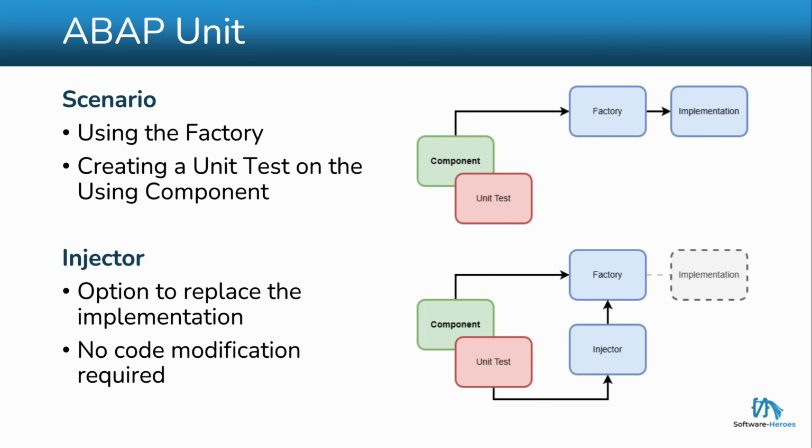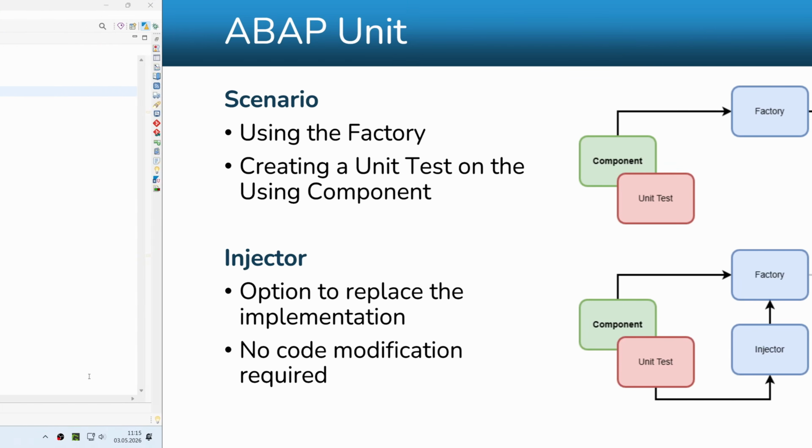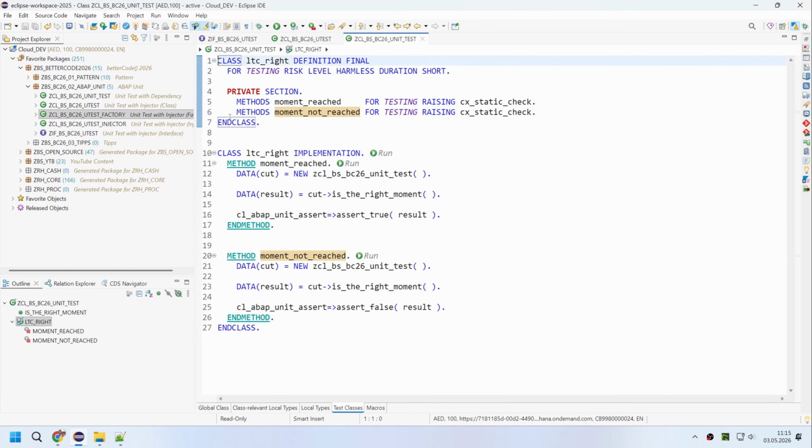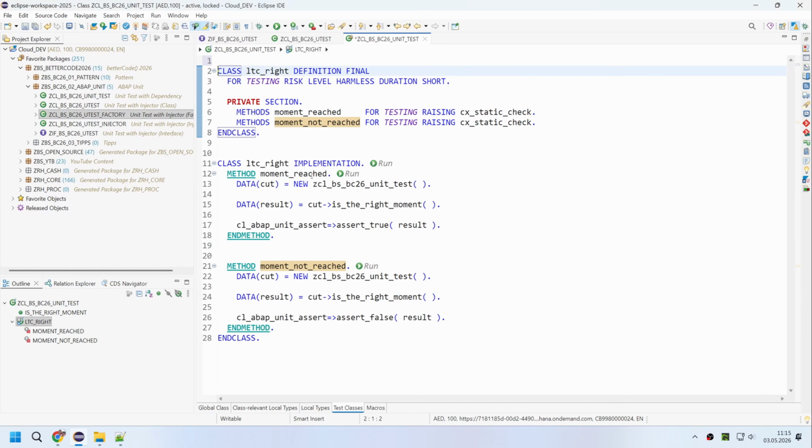The goal is not to receive the actual production implementation back at the end, but rather a test double defined by us. Conversely, this means we don't have to make any messy modifications or branches in the production code to enable the test scenario for the factory. This is perfectly in line with a modern, testable software architecture in the ABAP environment. In the next step, we create a so-called test double,